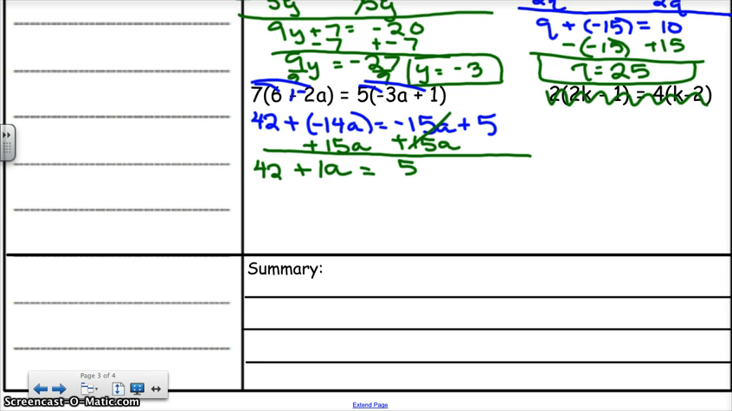Now I'm going to move my 42. If you ever get stuck, how do I move it? Think inverse of the operation. My operation is adding. The inverse of